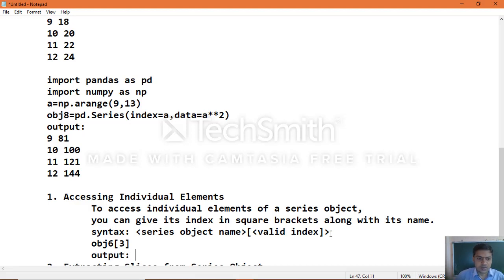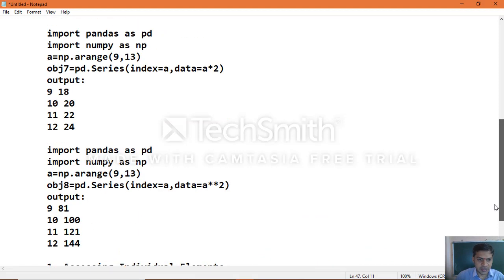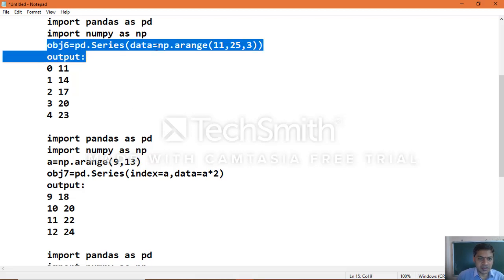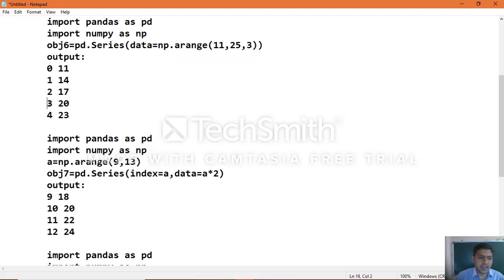You can see the object 6 which we created. On this particular object we want to access a particular index. The moment you apply obj6 of 3, the value we get is 20. That is the output you will get.